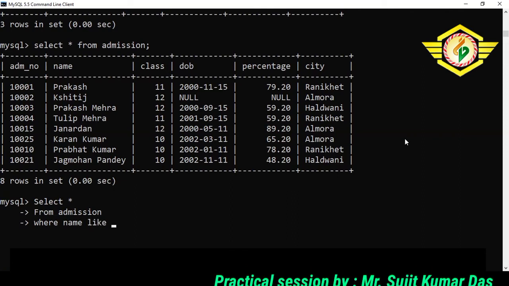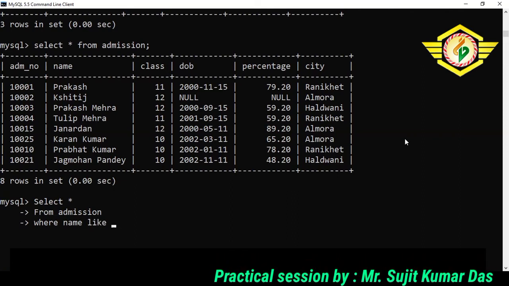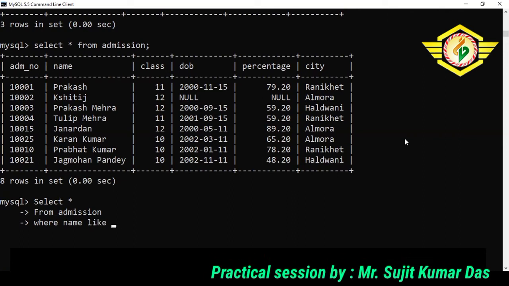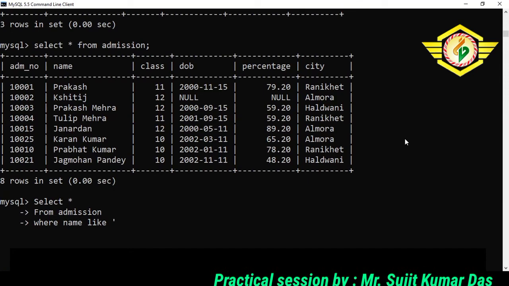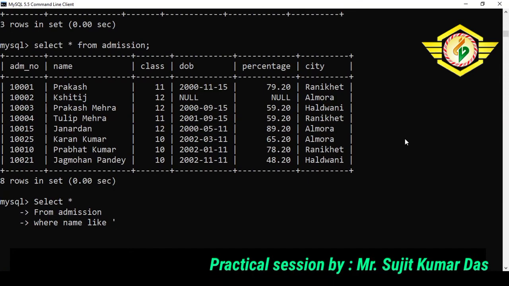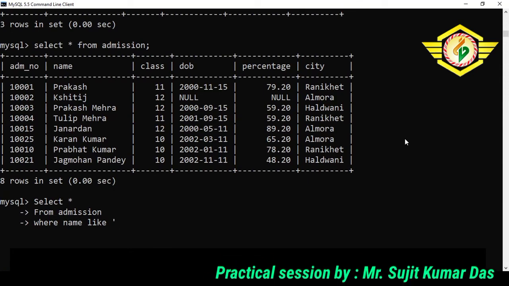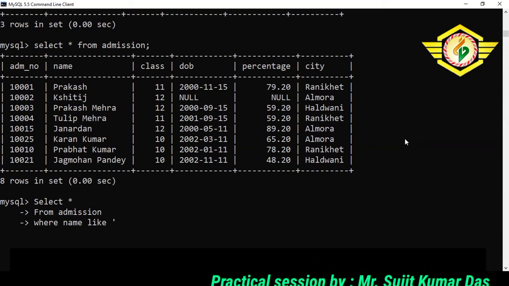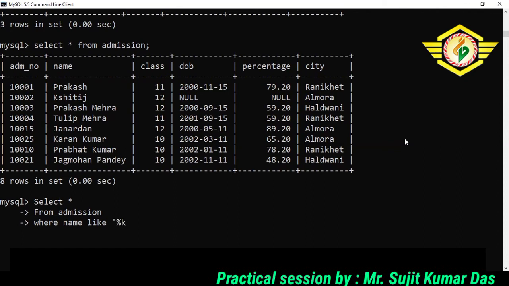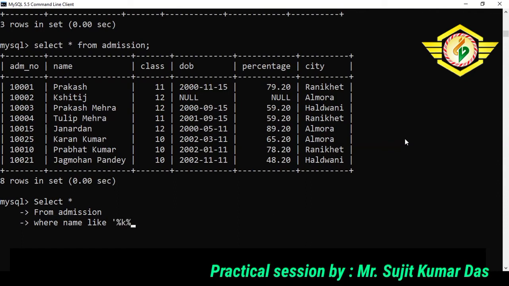LIKE is character pattern matching, that's why the values must be enclosed in quotes, either single or double. We will be using single quotes. Now you want to search for the names that have the K character in them, anywhere. So percentage K percentage.